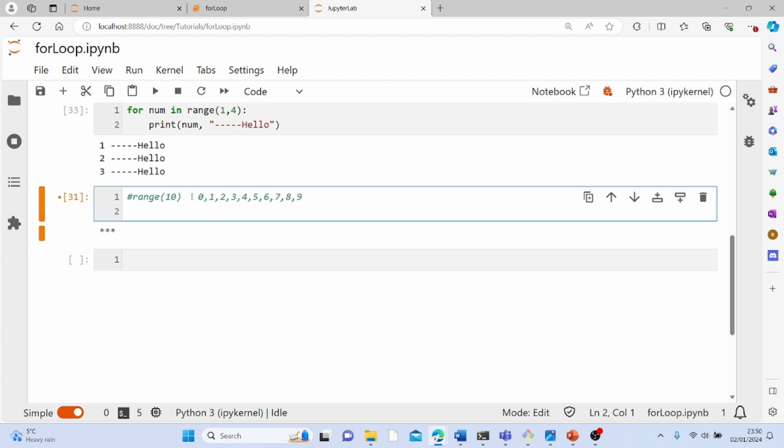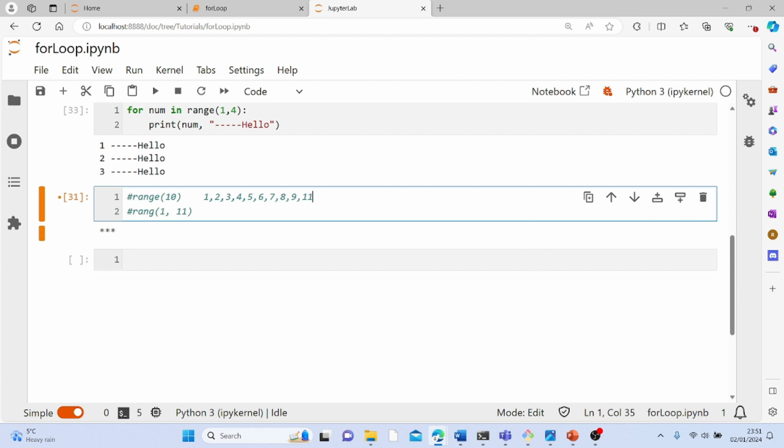But if you have range 1 to 10, the difference is that it removes the 0, it starts from 1 and it gets to 9. But if you want to include 10, you can make it 11, then it gets to 10, and you can use for loop to iterate through this